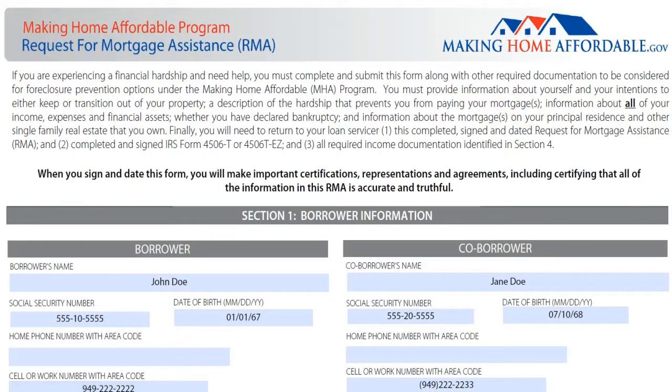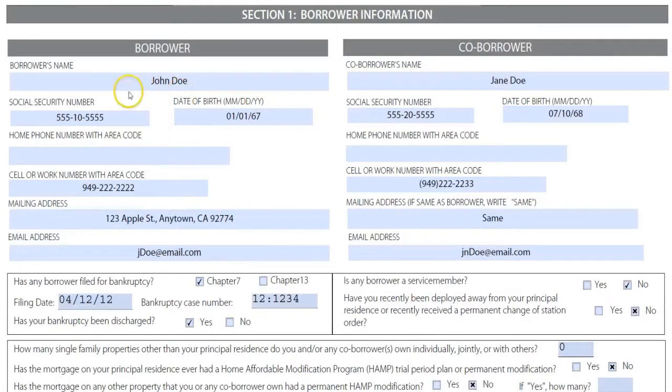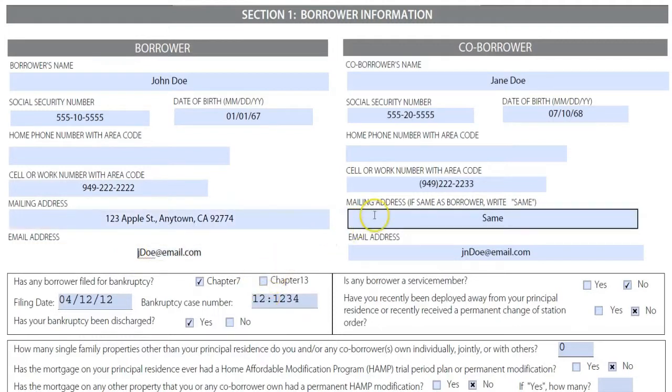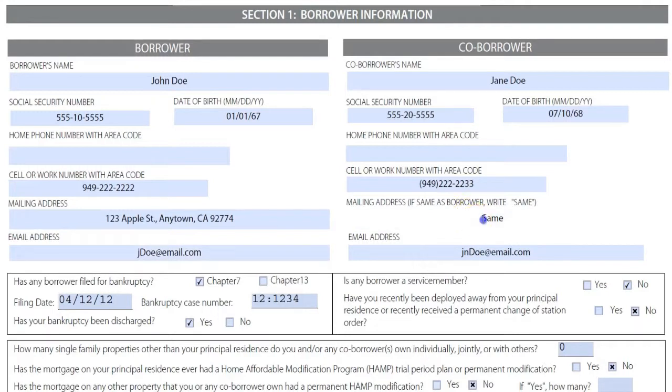Section number 1 on page 1 is your personal information. It's asking for borrower's name, social security number, date of birth, home phone number, cell phone, mailing address, and email address. If your mailing address is the same as the property address, go ahead and write that next to it, but fill it out anyway so that they can reference that on the first page on where to send your